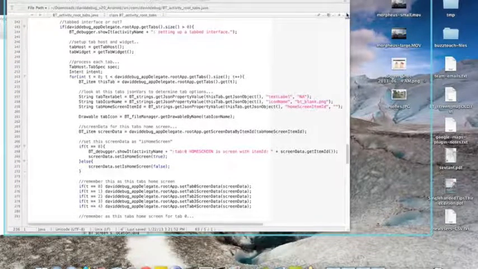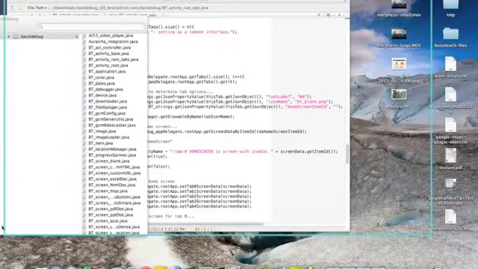I don't know if the number was stated, but let's see. It says, okay, there's 1, 2, 3, 4, 6. No, 5. You're correct, 5. 5 tabs. Okay, 5's pretty common. And so the application's read the configuration data. It's discovered that 5 tabs were used, and it does that